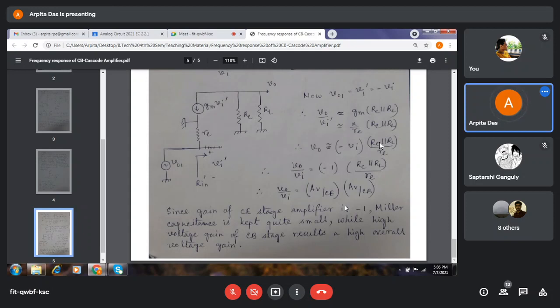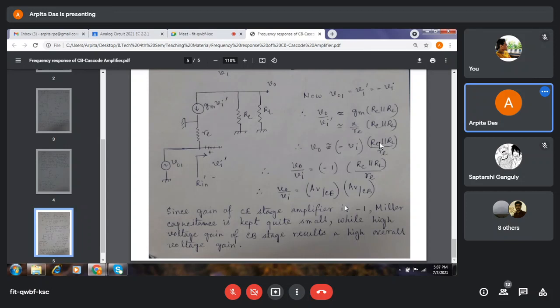We have found the application of CE and CB amplifier. And what is the application of CC amplifier? I can just state you that CC is actually used as voltage buffer. So it is in general used as the last stage of cascade amplifier. So after n stages of use of CE amplifier, the last stage will be the CC, because it will provide you just very high input impedance to reduce the